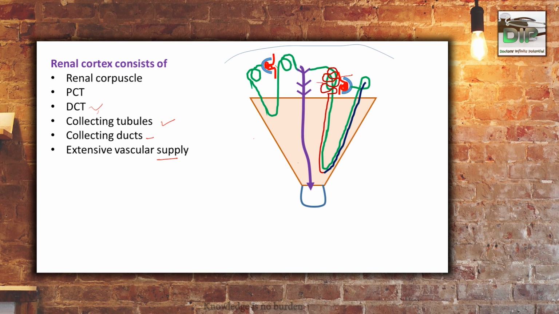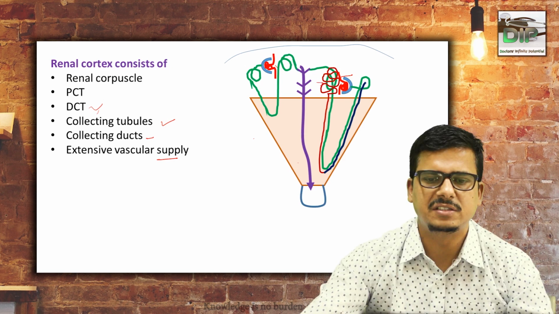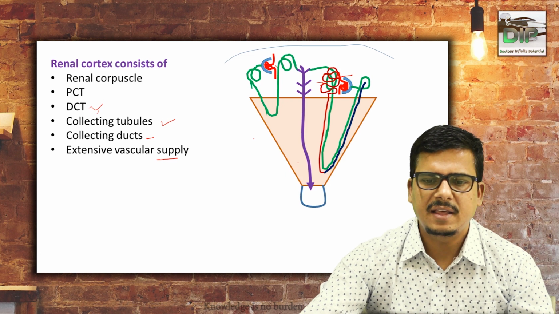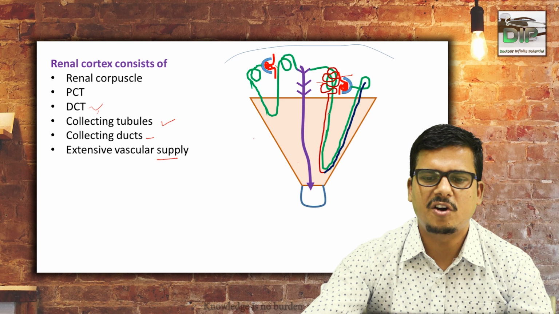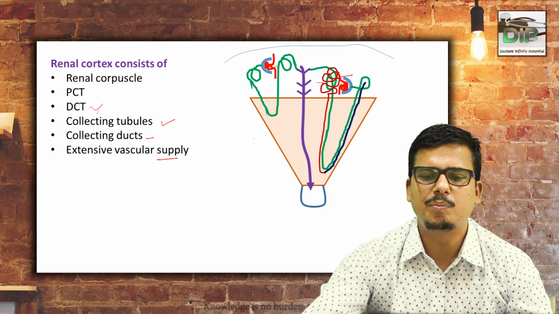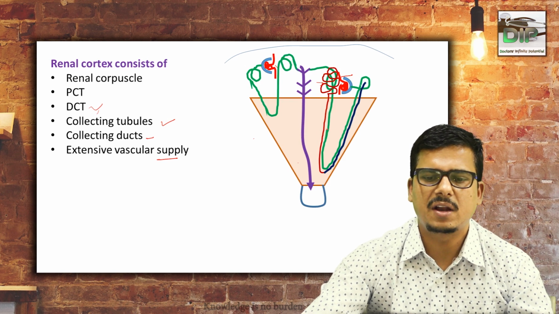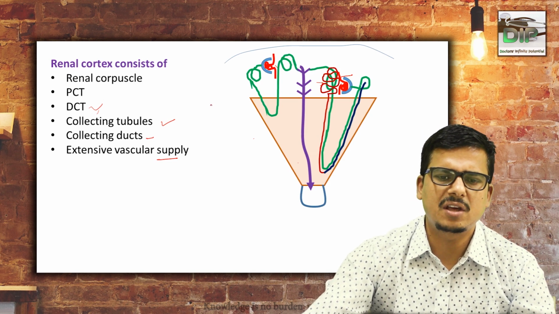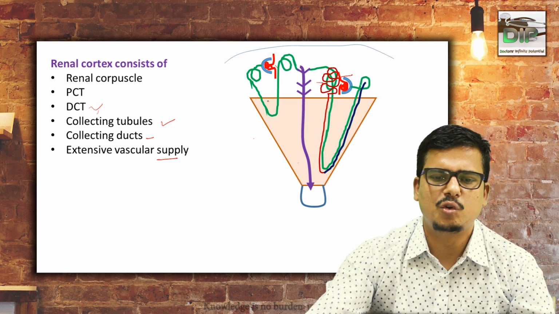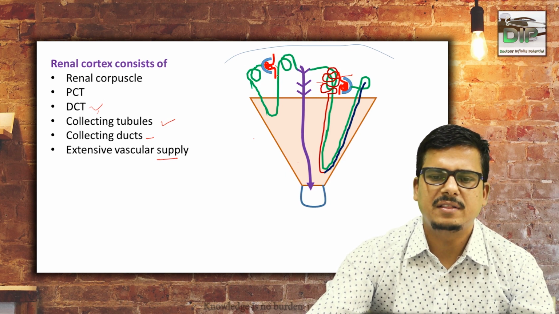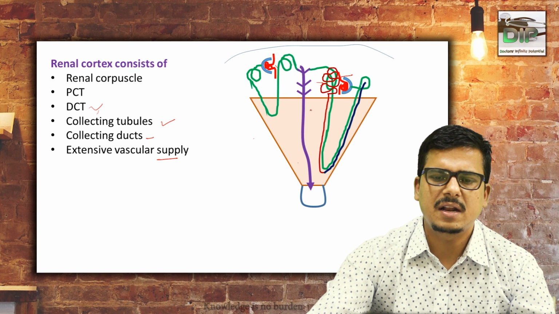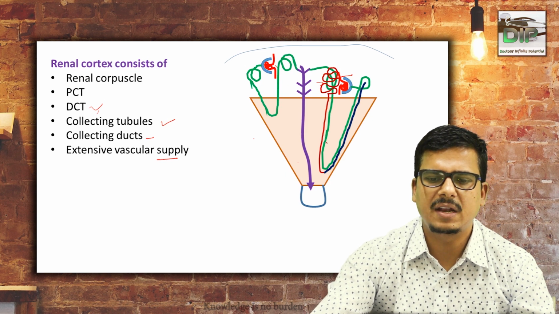Peritubular capillaries, because they are in the vicinity of these tubular structures, and they continue as straight capillaries. These straight capillaries form a loop which is parallel with the loop of Henle. So these are called the vasa recta. Here also a similar type of loop of Henle will be formed. If you see this nephron and this nephron, you can see that this nephron has a long loop of Henle and similarly a long loop of the vasa recta.